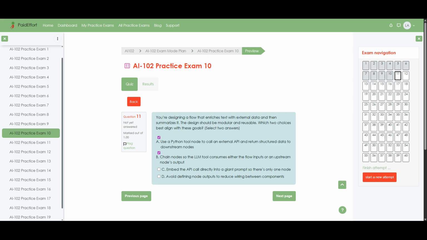Option B is correct because chaining nodes creates a modular pipeline, where one node enriches the content and a later node summarizes it. This makes the flow easier to maintain, easier to reuse for similar scenarios, and simpler to extend with additional steps